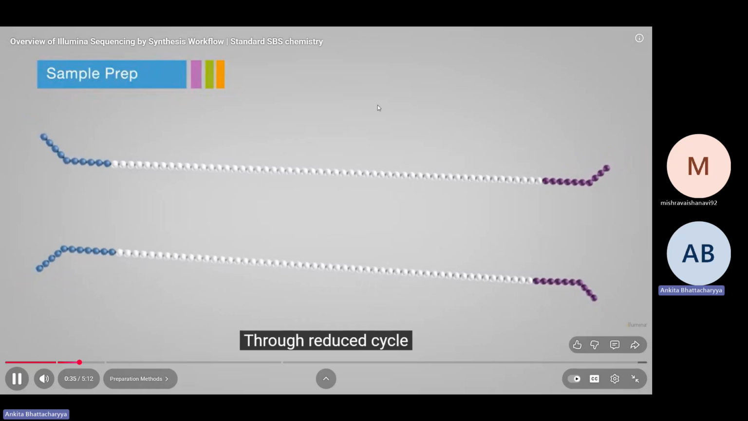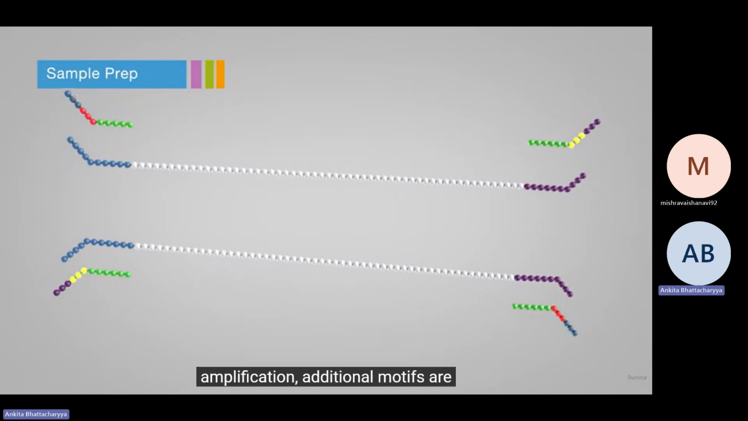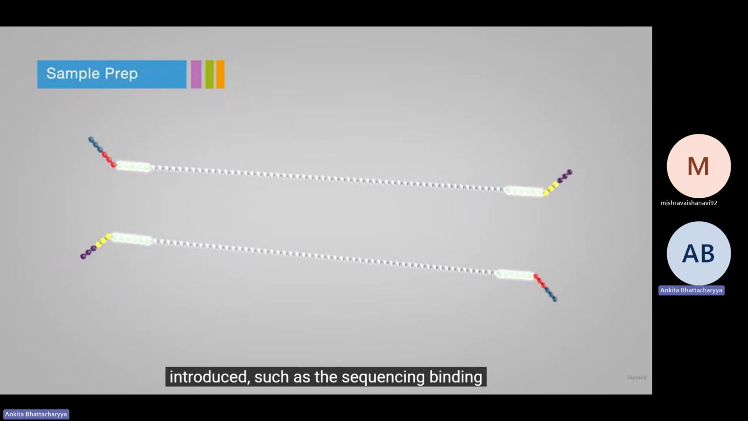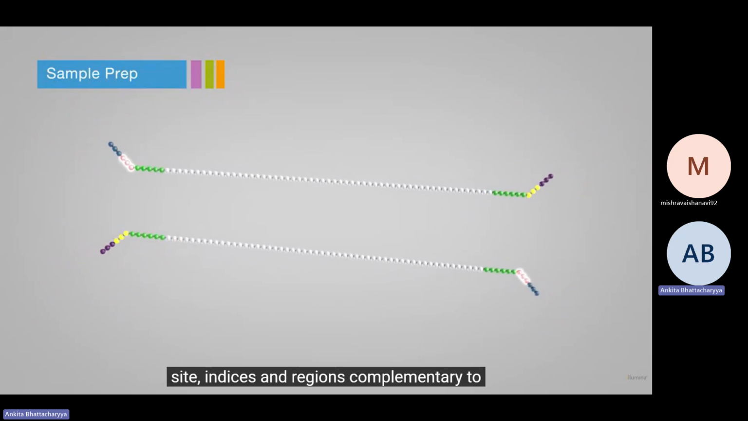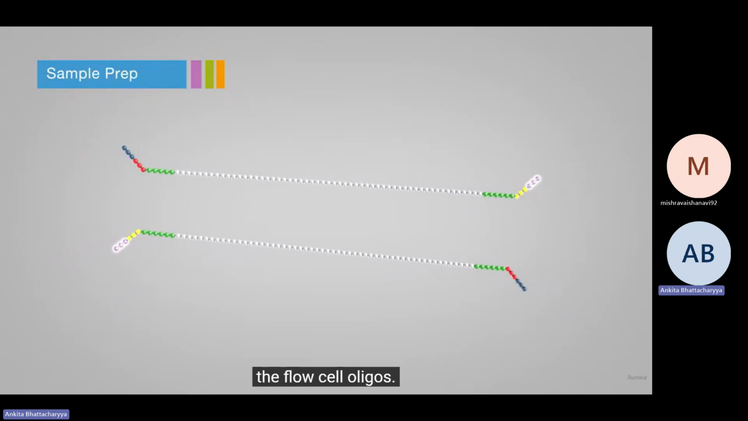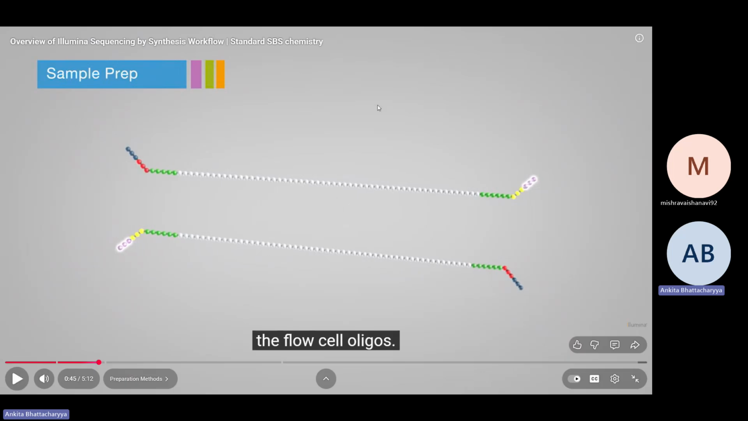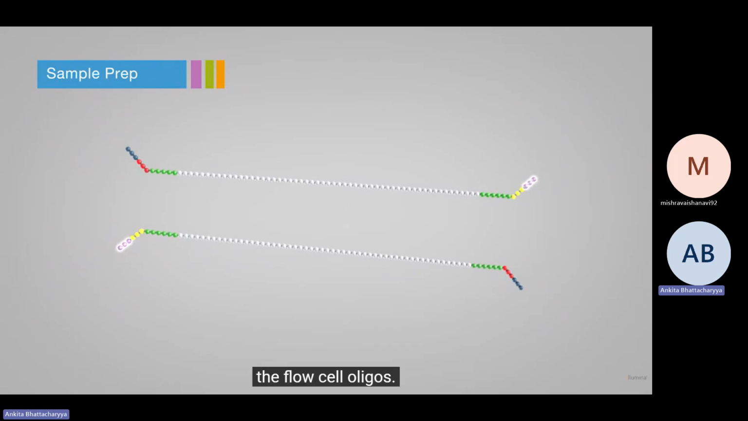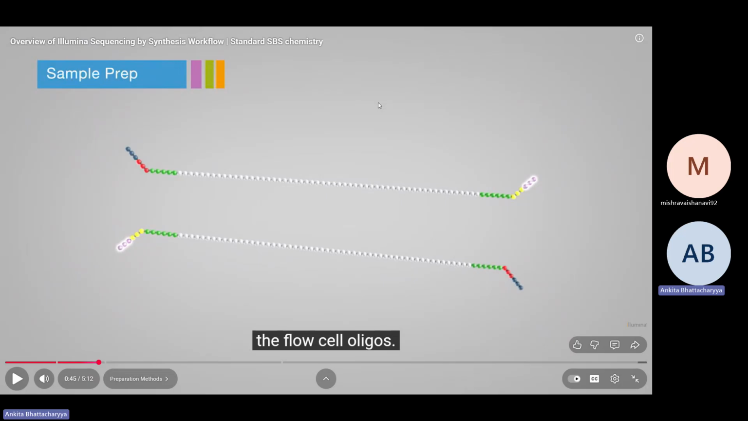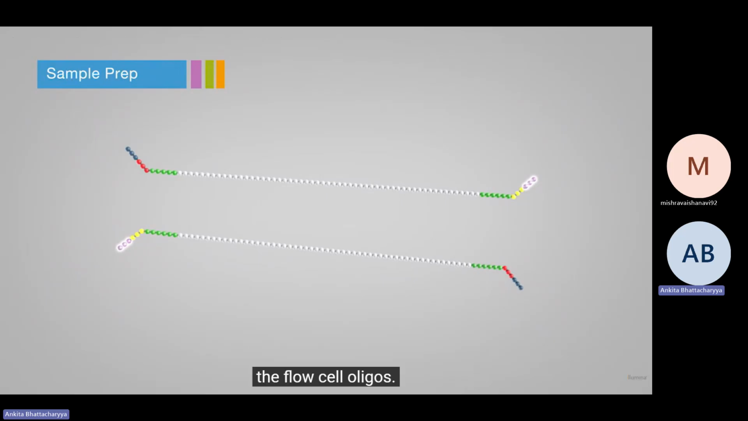Next, through reduced cycle amplification, additional motifs are introduced, such as the sequencing binding site, indices, and regions complementary to the flow cell oligos. Okay, this is information that we have not already discussed, but basically think of them as additional markers for you to know where exactly or which region you are sequencing, which molecule you are sequencing, and you're also attaching certain regions which will be able to bind to the solid support that you would, like in